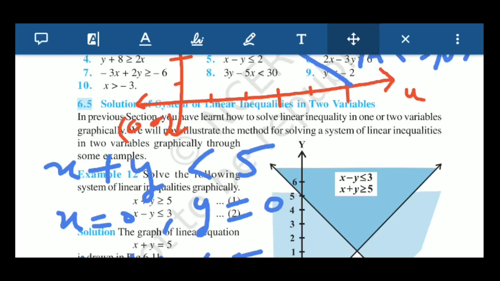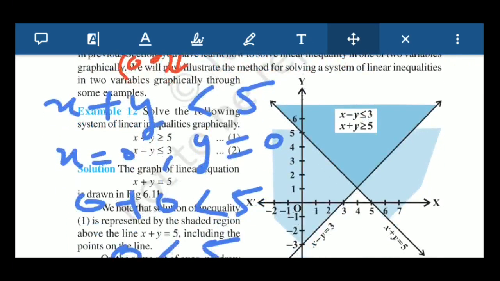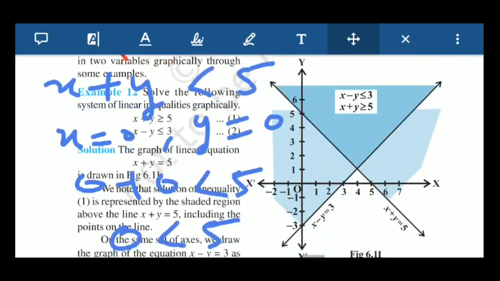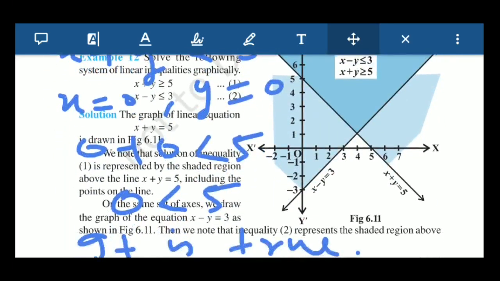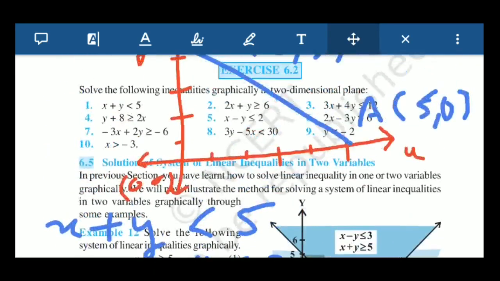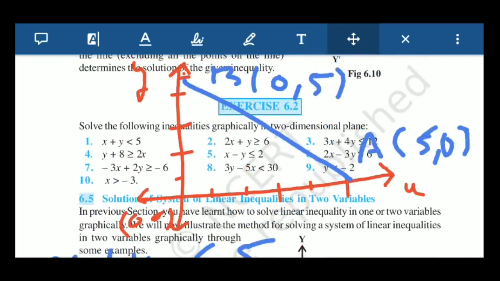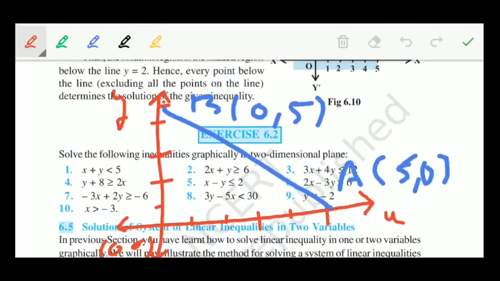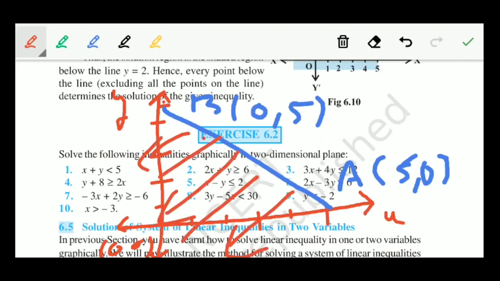and then put the value of x as 0 and y as 0 in this given inequality. After substituting, you can see we will get here 0 is less than 5, and it is true. 0 is always less than 5, true. If it is true, so we will say here our shaded region is towards the origin. Our solution is towards the origin like this. So this is our required solution.